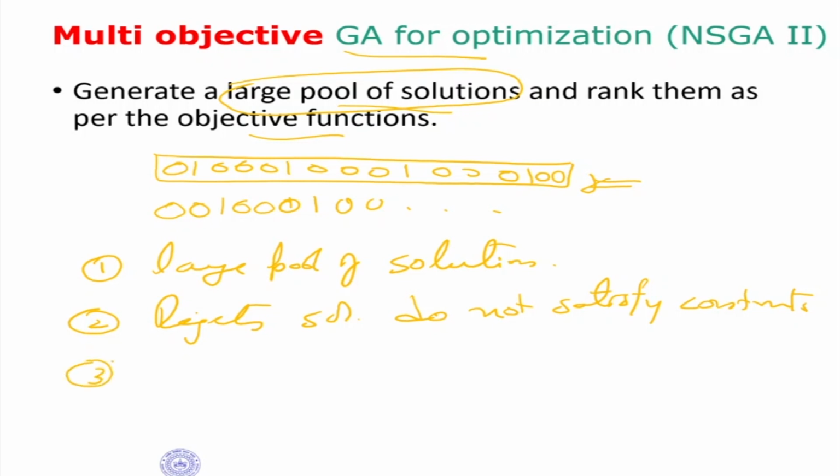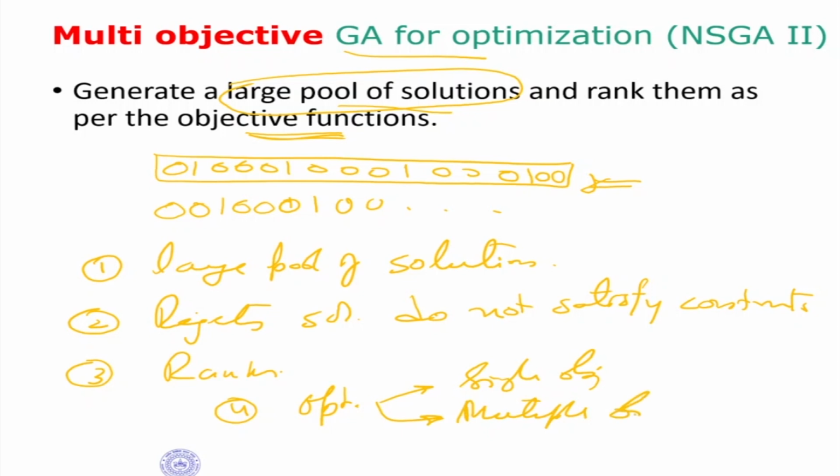Then number 3, it ranks the solutions in terms of objective functions. Whatever is the cost function, what are you trying to maximize or minimize? In the case of bipedal locomotion, we said that we are trying to minimize energy. In this case, what are you trying to maximize or minimize? The objective again can be multi-objective. You can have more than one objective, or it can be single objective. So in optimization, you can have a single objective, or you can have multiple objectives.